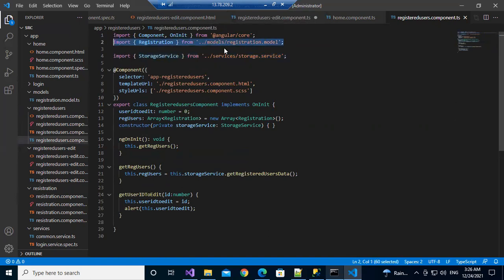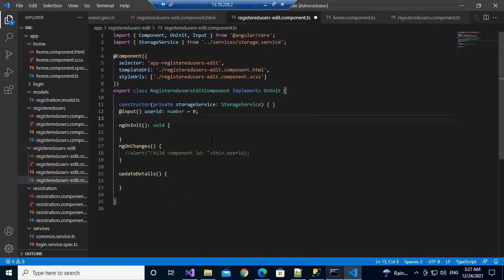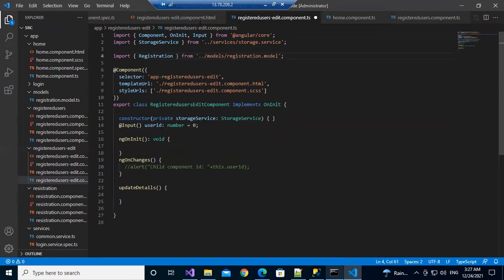This is your model, because on the model pop-up we're showing registration. So create a variable: registration: Registration = new Registration. The variable name should be camel case. Variable is ready. Save it.